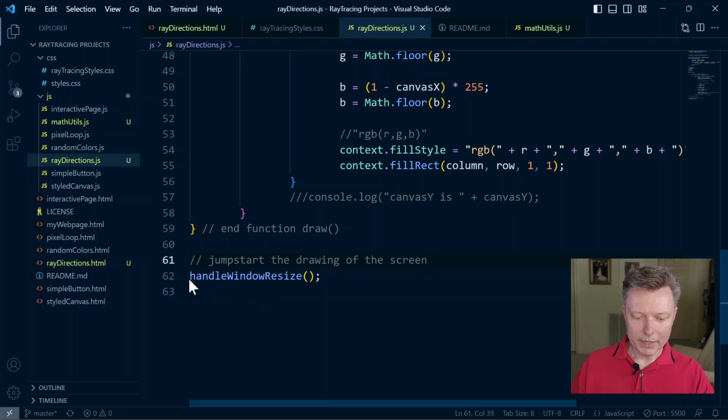So that's where we manually call the handle window resize function. Even though the window hasn't technically been resized, we're just jump starting it into action so that it'll force it to draw the screen for the first time. Okay, now that everything's working, we're ready to use our new Vector3 library that we just